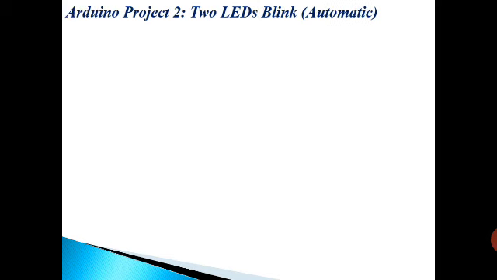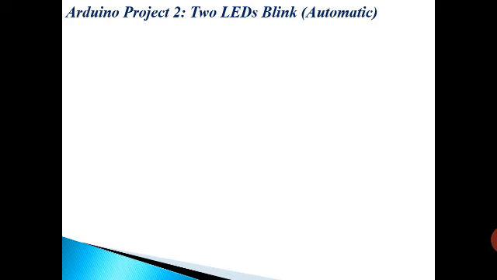Now we have understood how to blink one LED. Once you do the circuit and upload the program, you will see the LED blink at an interval of 1 second according to the program. And if you want to change the program timing, the delay can be changed. For half a second you give 500, for 1 second 1000, for 2 seconds 2000, and accordingly you can give any timing.